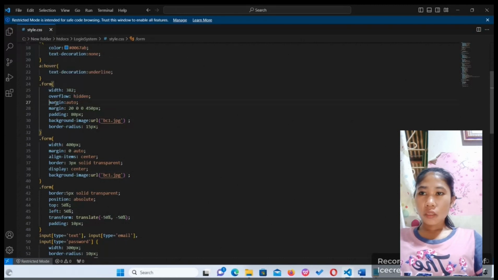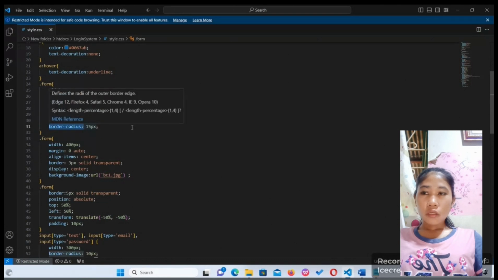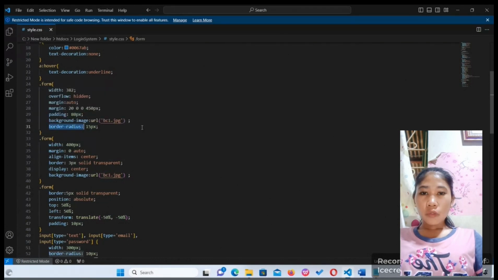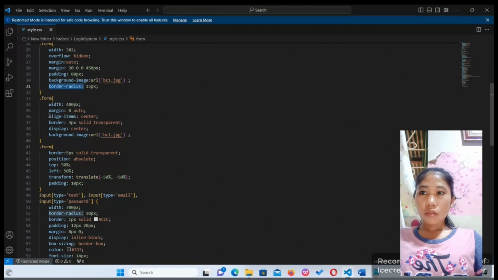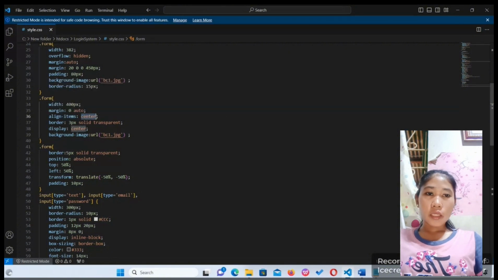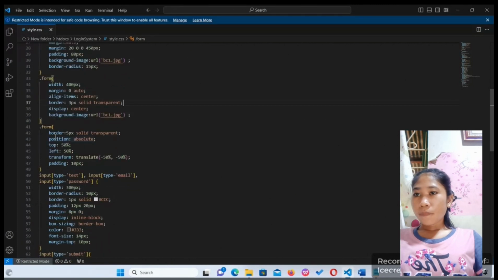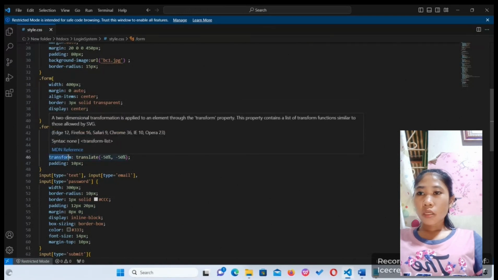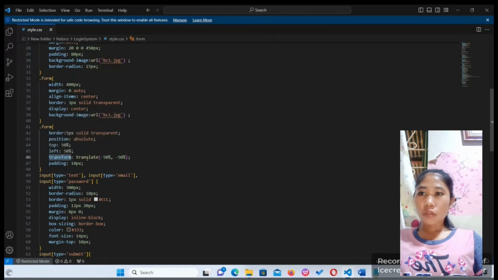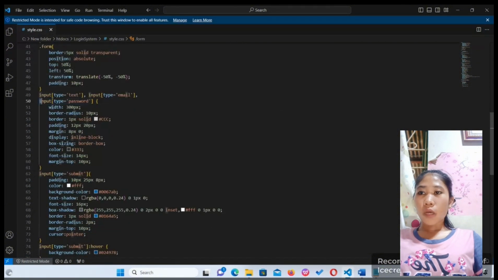Border radius is used to round the edges of an element's outer border. Transform enables you to move elements. And input is used to style the input type, and you can design it like the body. Just add padding, color, background color, text shadow, font size, box shadow, border, border radius, margin,